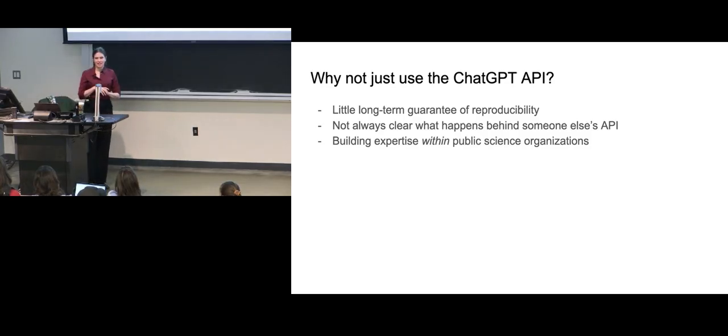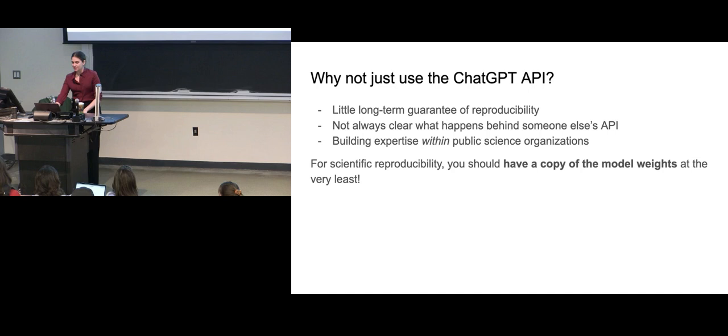There's also an important case, I think, for building expertise and independence within scientific organizations. So if all of the knowledge about how you use models lives entirely outside of us, and we have to rely on companies to do that, that puts us in a really vulnerable position, especially if we have a growing fraction of papers that are using these models in some capacity. So for scientific reproducibility, I'm going to say, and I think it's kind of the consensus about how people are behaving already,